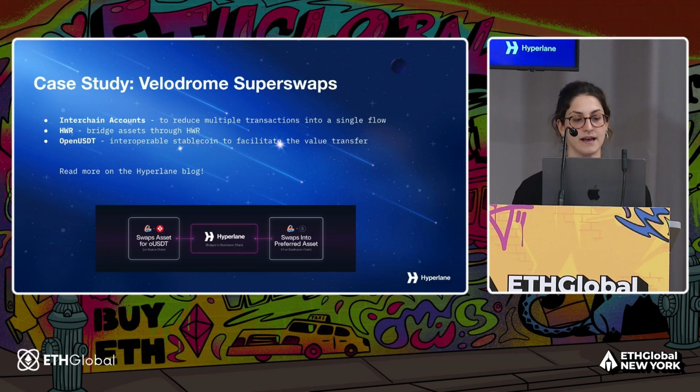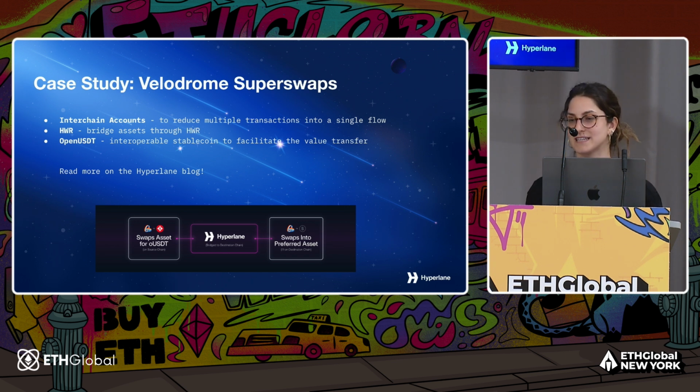So it uses Hyperlane Warp Routes, HWR, to bridge assets to different chains. It uses Interchain Accounts to reduce multiple transactions, like swapping and executing a remote contract call on a different chain, into a single flow. And it also uses OpenUSDT, the stablecoin that facilitates all this.